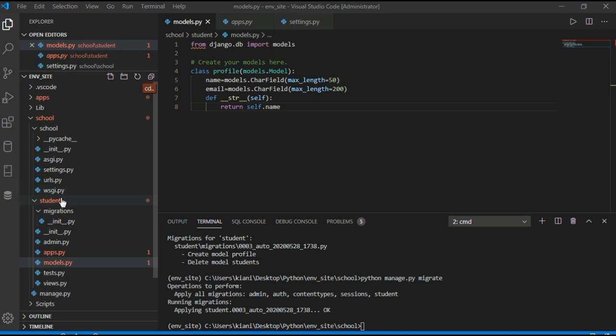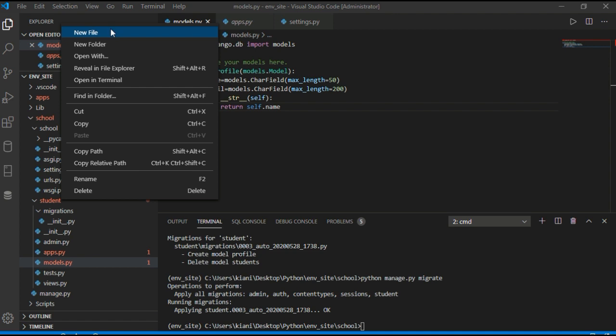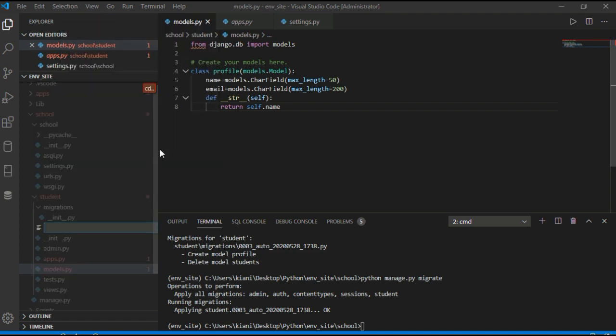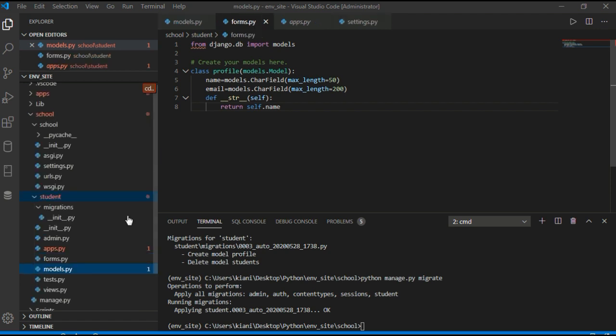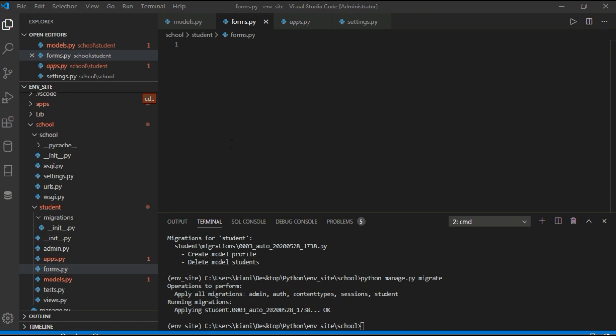Now we develop a new file, forms.py. Okay, new file, forms.py, right? We open this and we call from django import forms.